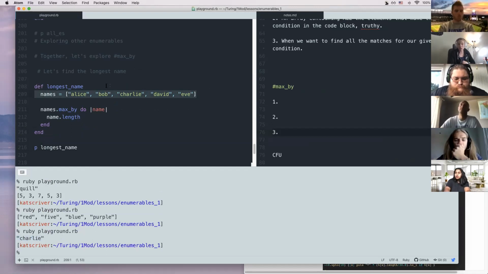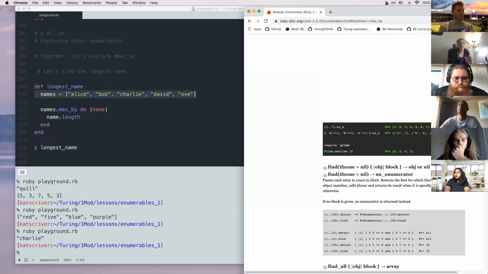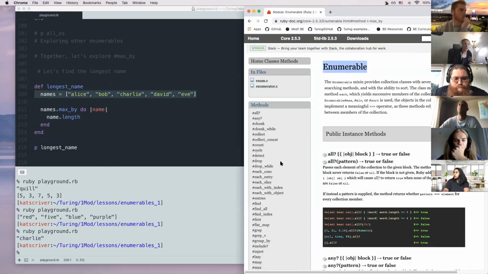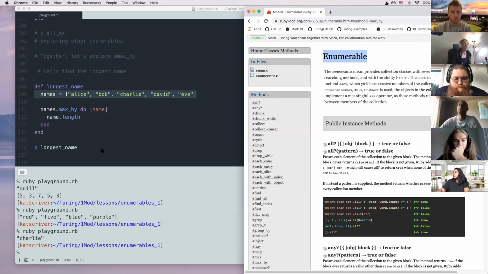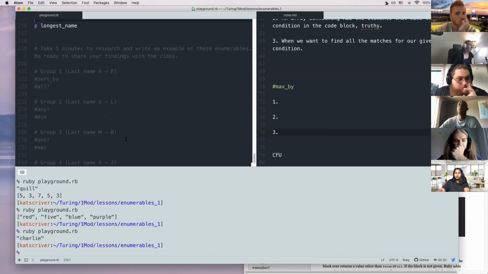Cool. The point I want to get across is there are so many enumerables. Usually whatever you're looking to do, if you have a collection or an array, and you want to look in this array and do something with it, probably you're going to want to reach for one of these enumerables. So what I'd like to do for the last 5 minutes here is